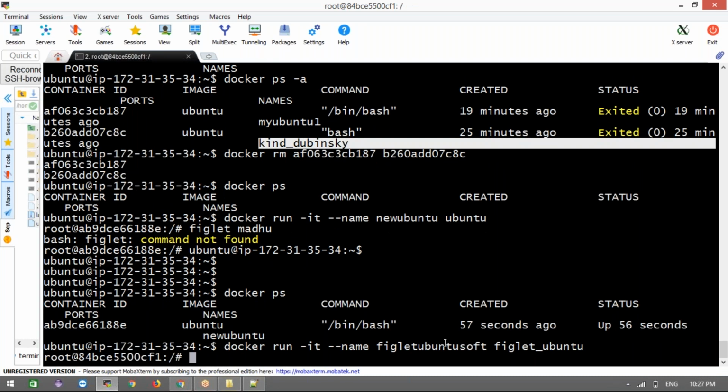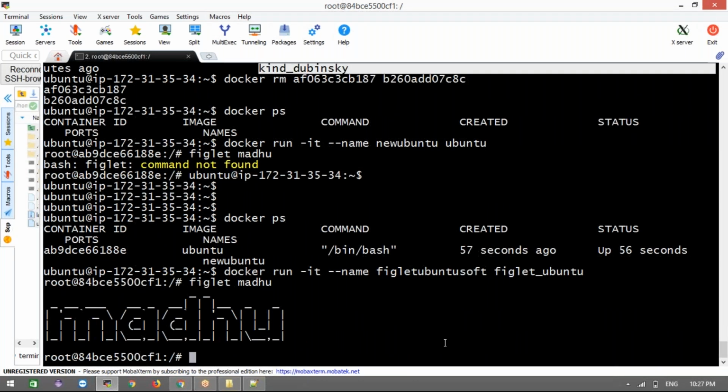Now, is the Piglet software in this container or not? Now we can use Piglet directly. Now you guys got the difference between the Ubuntu image and the Piglet Ubuntu image, right? This image can be used n number of times with this software. Now I have installed Piglet. You can install Git software or anything else you want, and you can use it anytime.